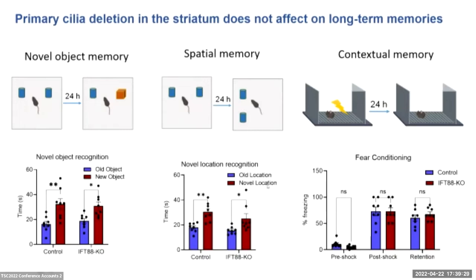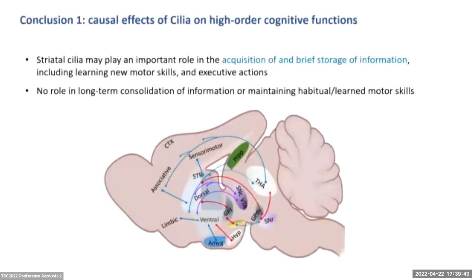And we see that both the control and the cilia-deleted animals freeze after 24 hours. That means they remember the context of the shocking. So that means really, these animals that lost cilia from the striatum have normal long-term memory. So knowing that the striatum really is a hub that receives projection from several regions of the brain, particularly